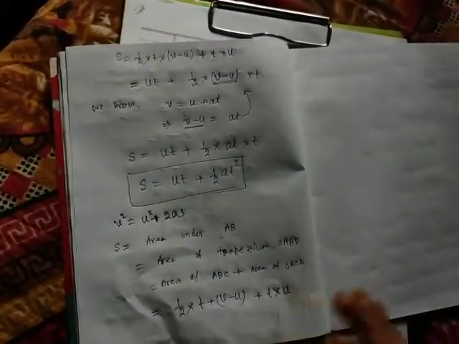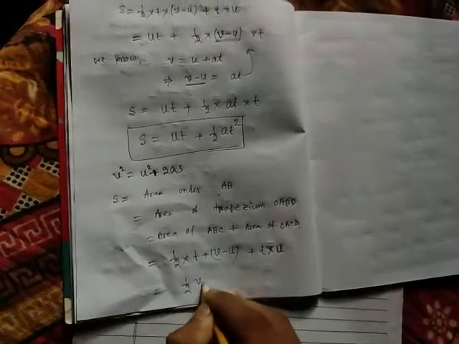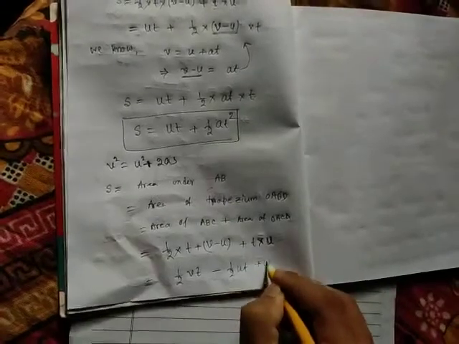Okay, now I am going to tell you what is new. From the next step, it is different. Up to here it is the same as the previous proof. Now what will you do? Now do the multiplication. Half into T into V, that means half Vt, minus half ut plus ut. See, these two terms are the same, ut. So we will get S is equal to